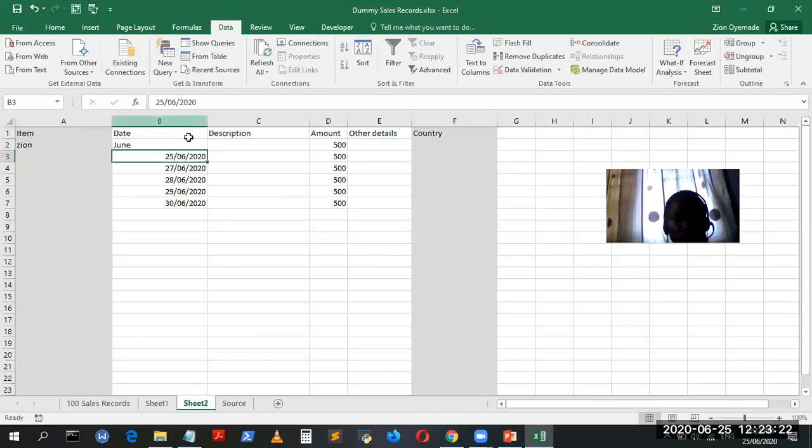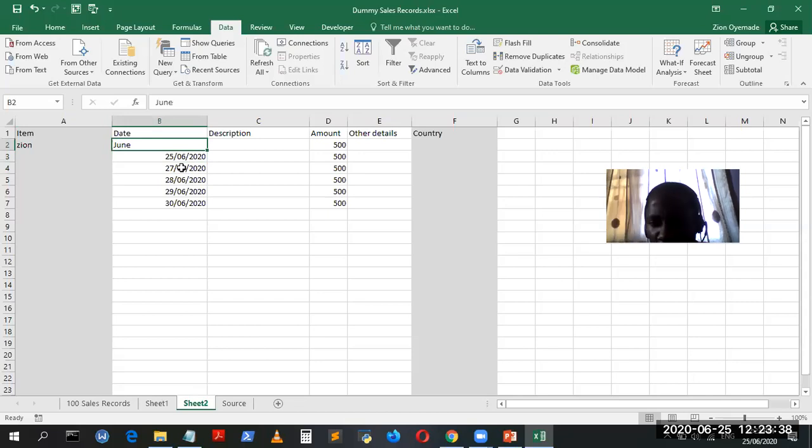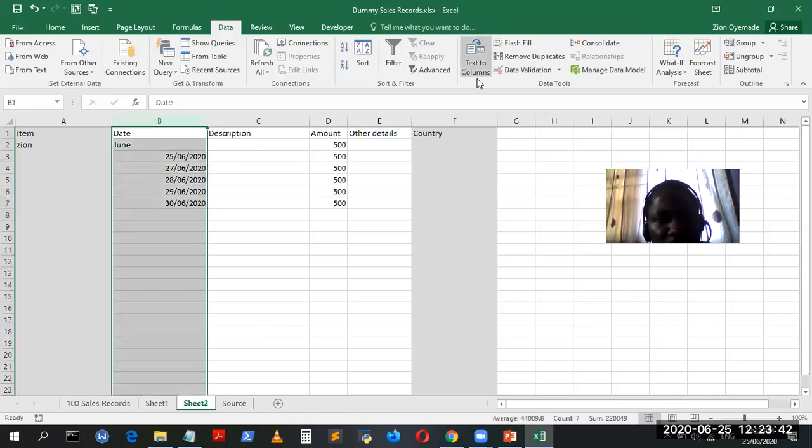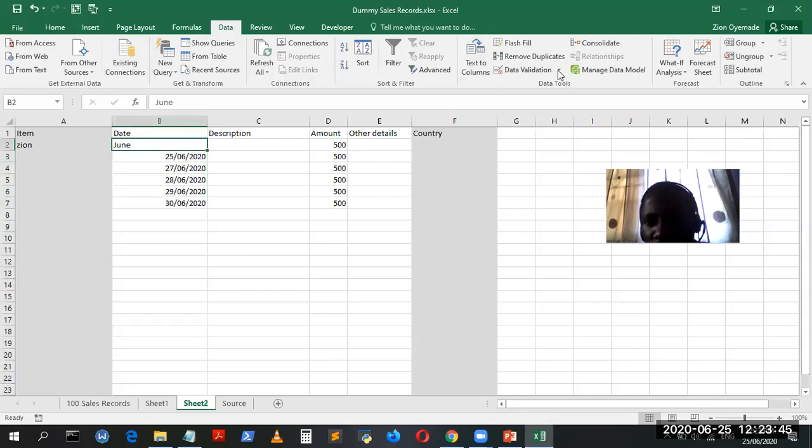So in order to ensure that the date is as it should be, because especially when you want to analyze your data, you probably are sorting by date or filtering by date, things like this are going to mess up your data and not going to present the right information. So you also specify data validation